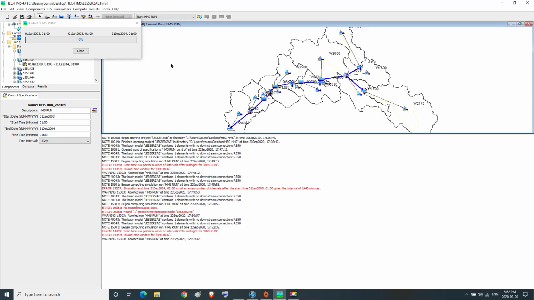Then a red error message appears indicating that the start time is partial number of intervals after midnight for HMS run. So we change the time to 0 o'clock. Then we press on the compute all elements.